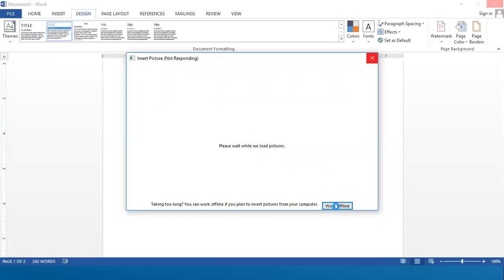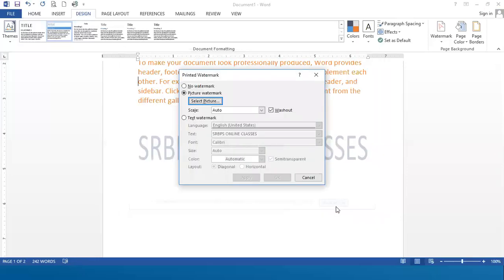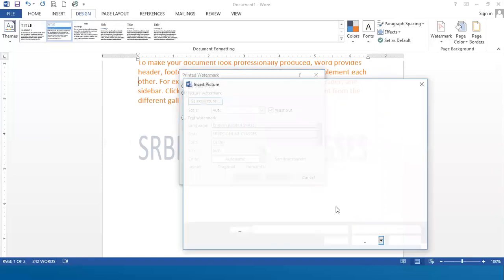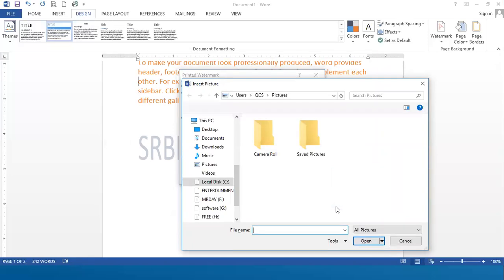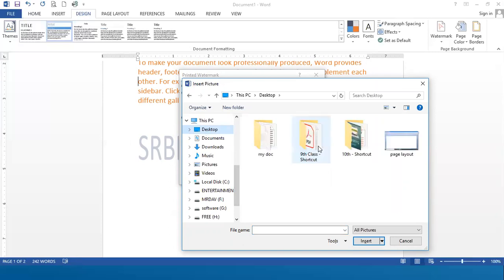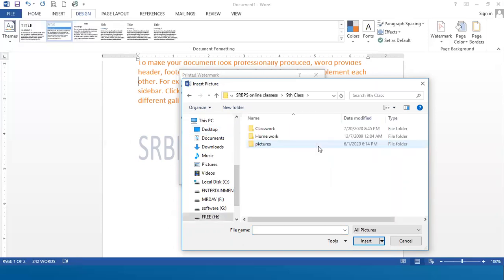If you want to go for an online picture, you can do that as well. It will show one dialog box where you can browse to the location where your picture is stored. Right now I am going to browse the location where I can find the pictures.